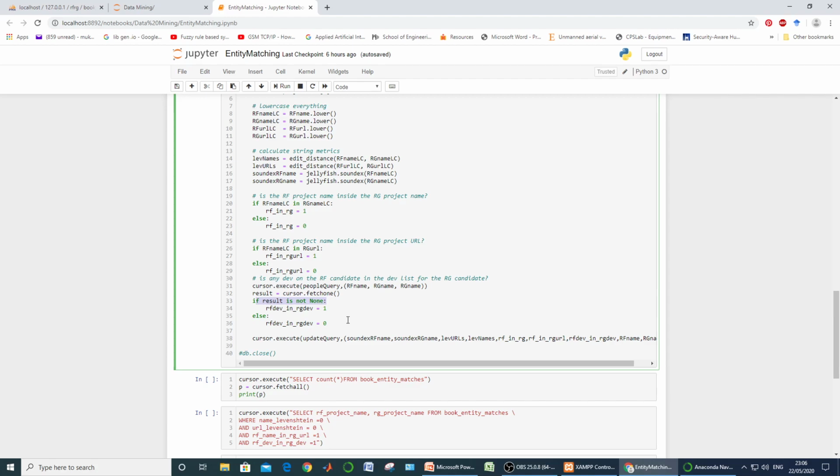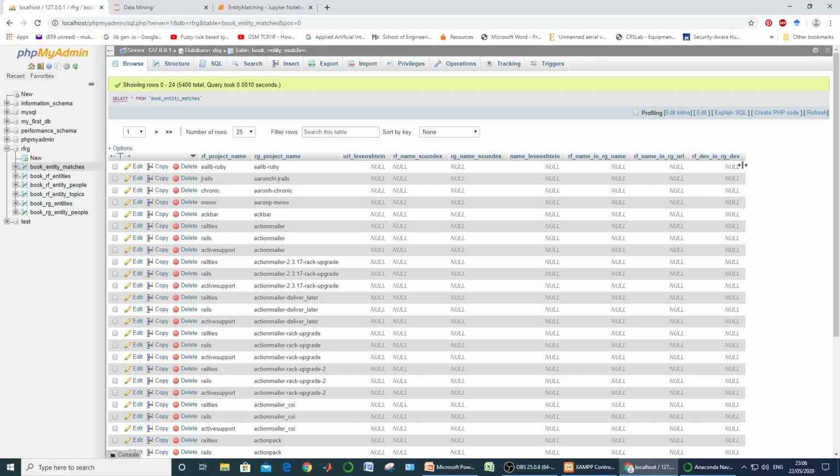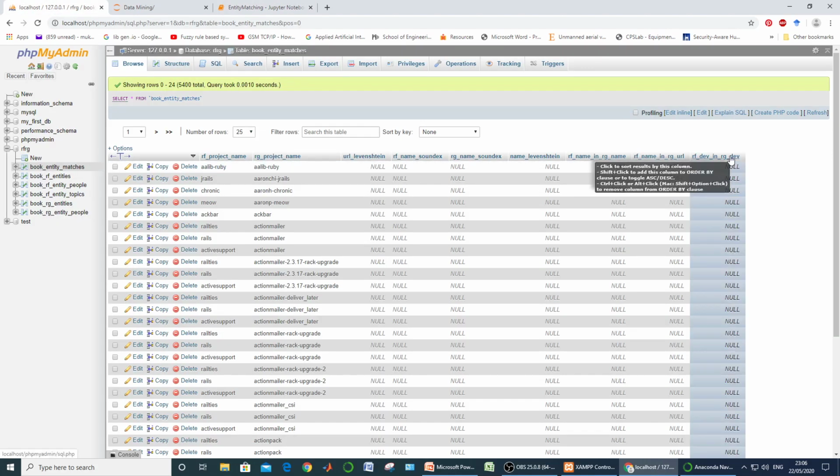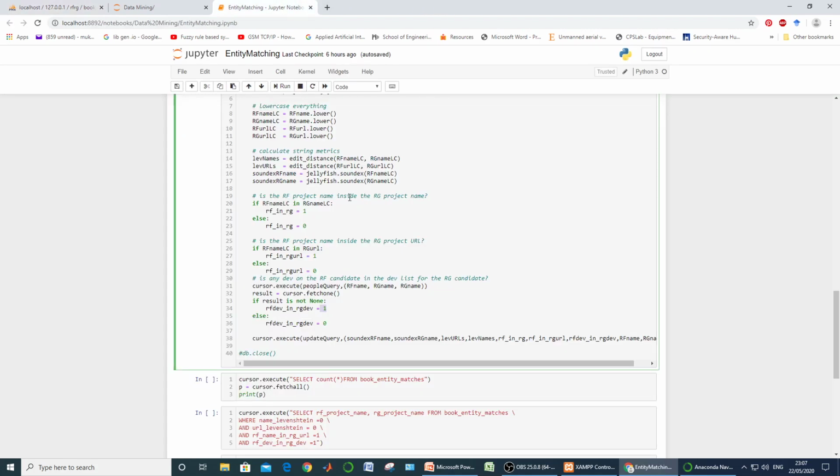Then this result is not going to be none. It means we are going to set this bit equal to 1, otherwise this bit will be set equal to 0. So this way this last field will be updated. So this is the logic for updating your last field in the resultant table.